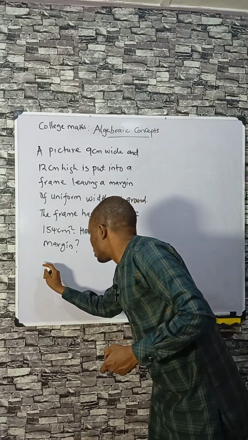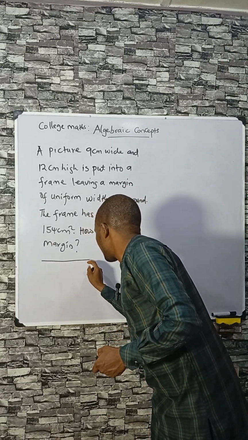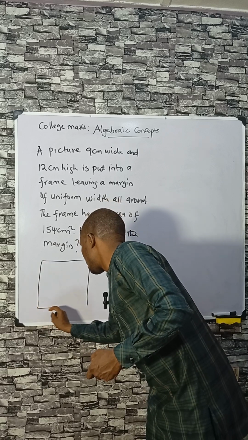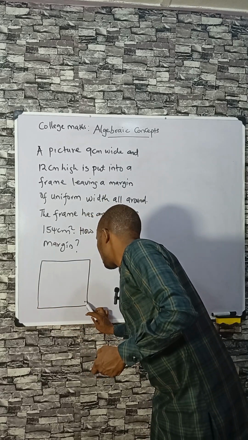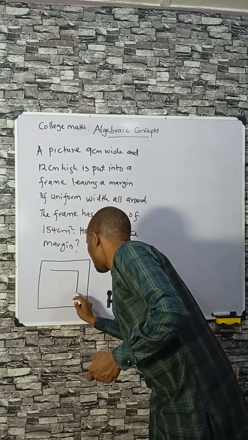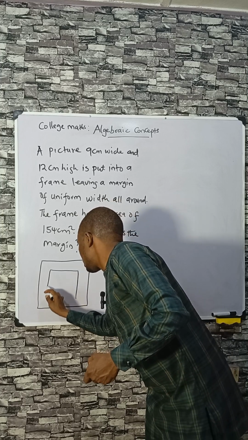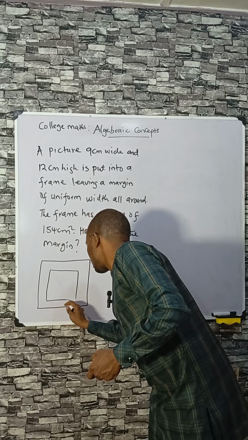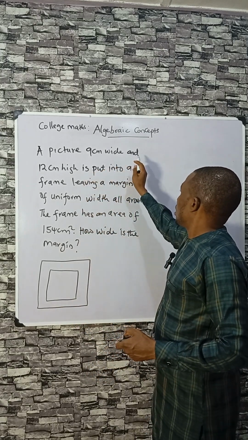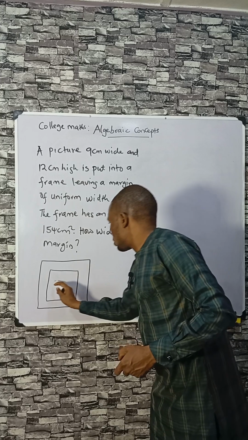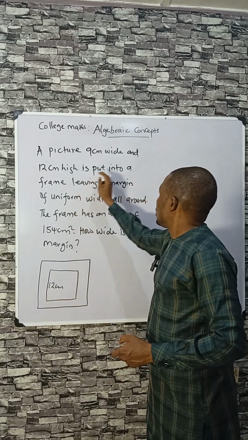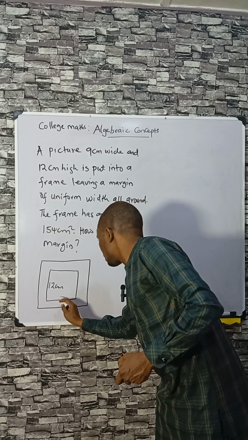Now let's have a sketch. This is a frame. The frame is rectangular in shape, and this is a picture that has been inscribed inside this. We are told that the picture is 9 cm wide and 12 cm high, so the height is 12 centimeters, the width is 9,